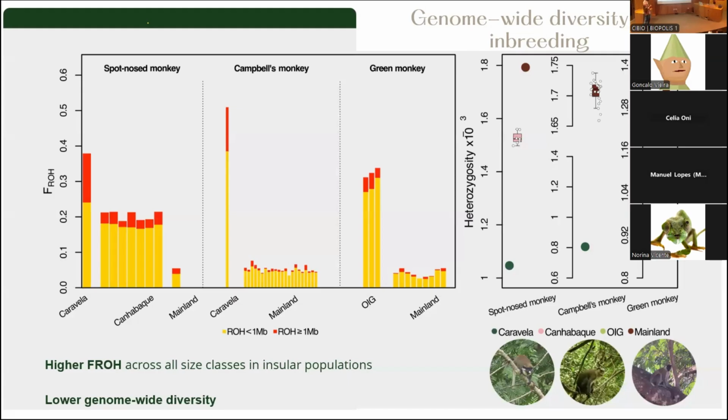We did not expand on species-specific patterns because, again, our objective is to look at the three of them and explore commonalities. When we look at the genome-wide diversity, we again see a similar pattern between the three species, where mainland populations have much higher genome-wide heterozygosity than insular populations. So again, starting to look good, in the sense that perhaps this three-species approach can actually inform us about something on the spot-nosed monkey.